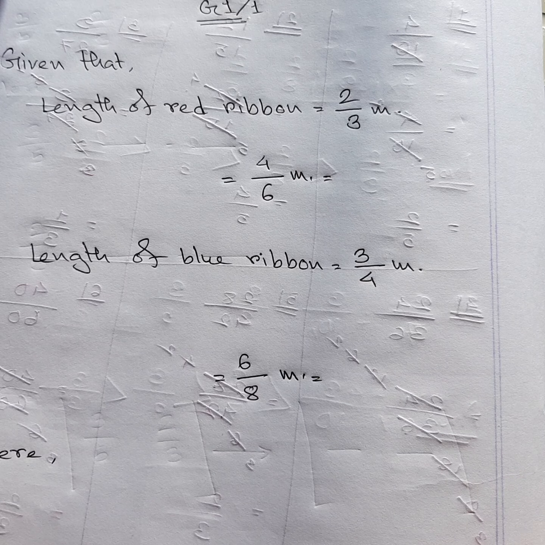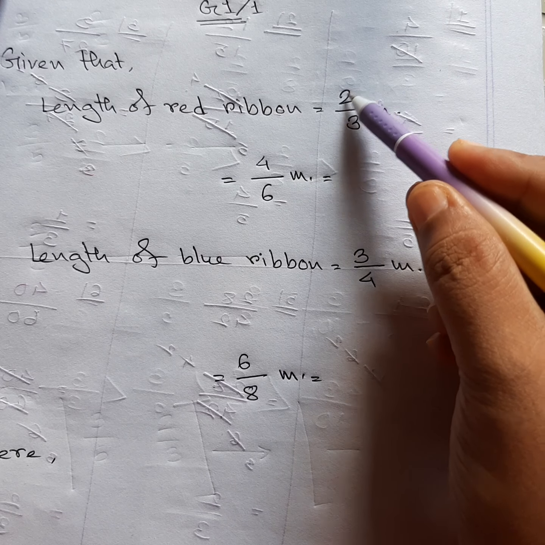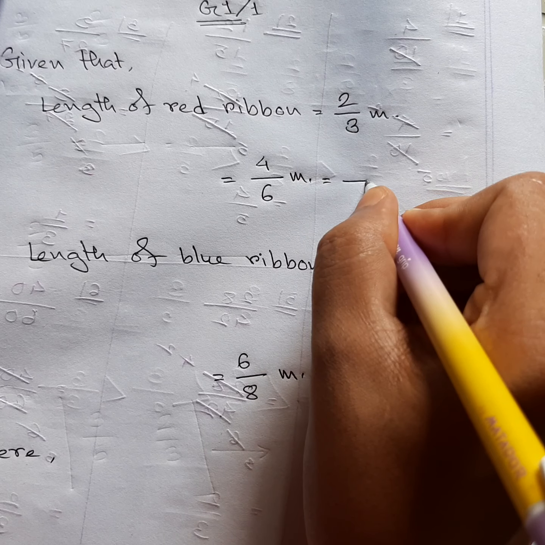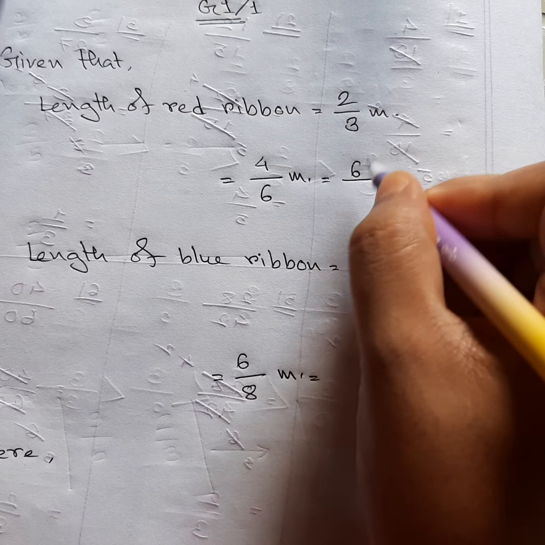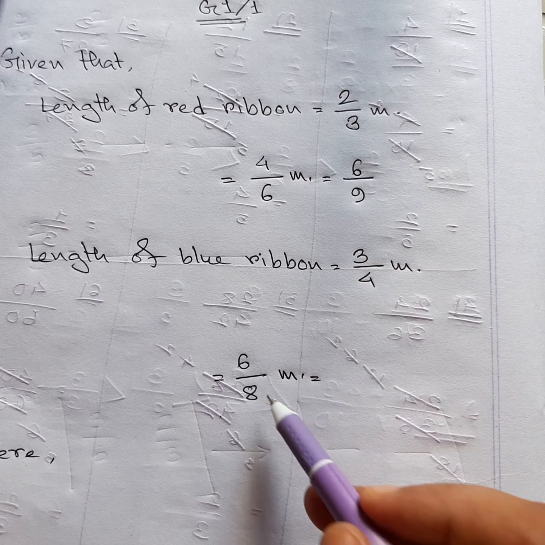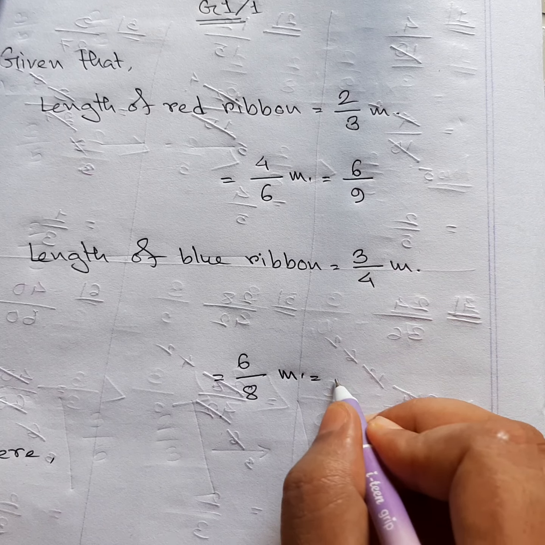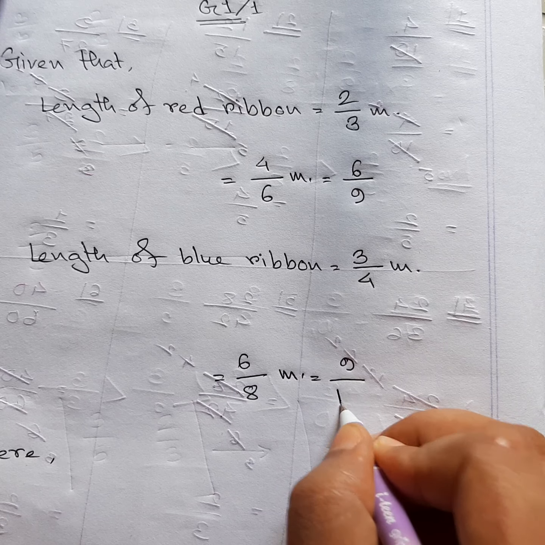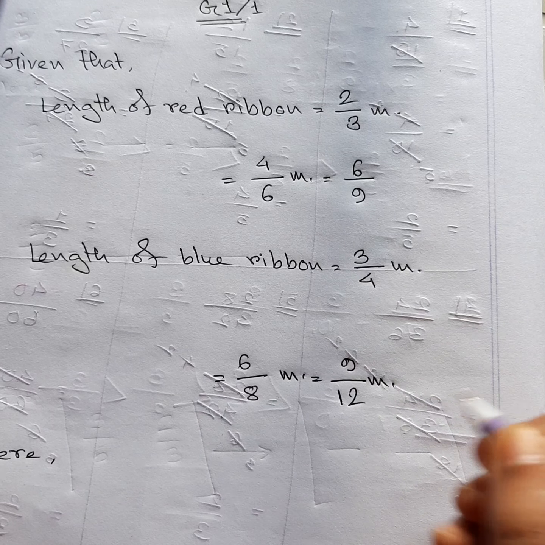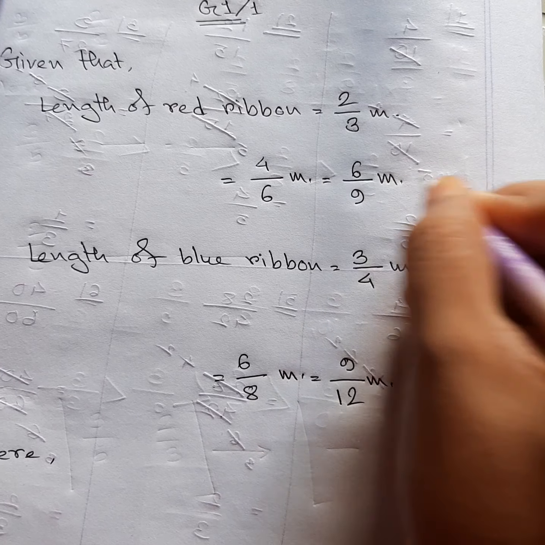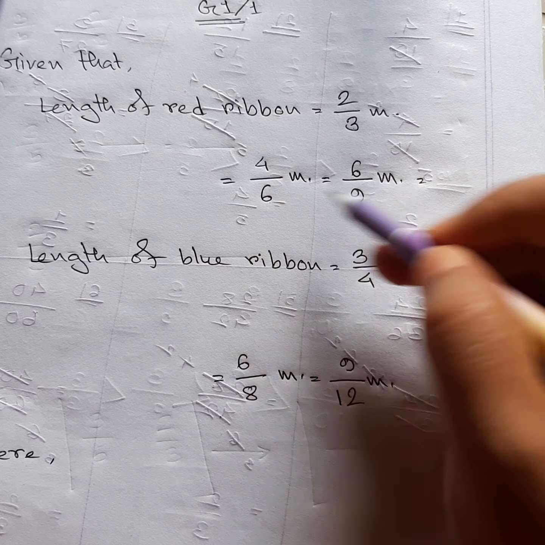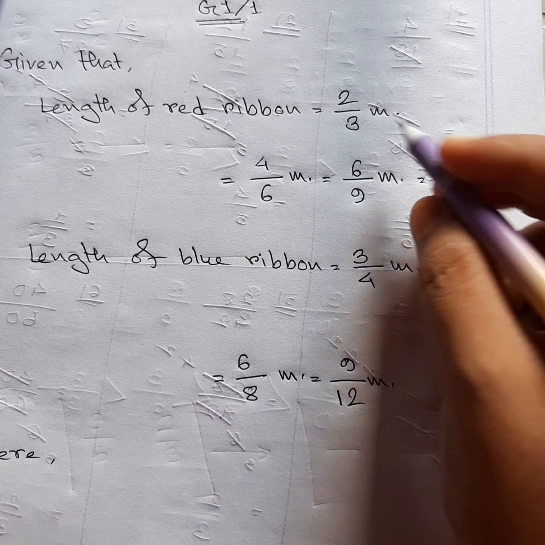We are going to go for 3, multiplying this fraction with 3 and that one also with 3. So let's see. 2 3s are 6 and 3 3s are 9. So still not matching. I'm going to multiply this one with 2. So 3 3s are 9 and 3 4s are 12. Still not matching, right? So I'm going for the next one here. We have done with 2, we have done with 3. Now we are going to multiply with 4.